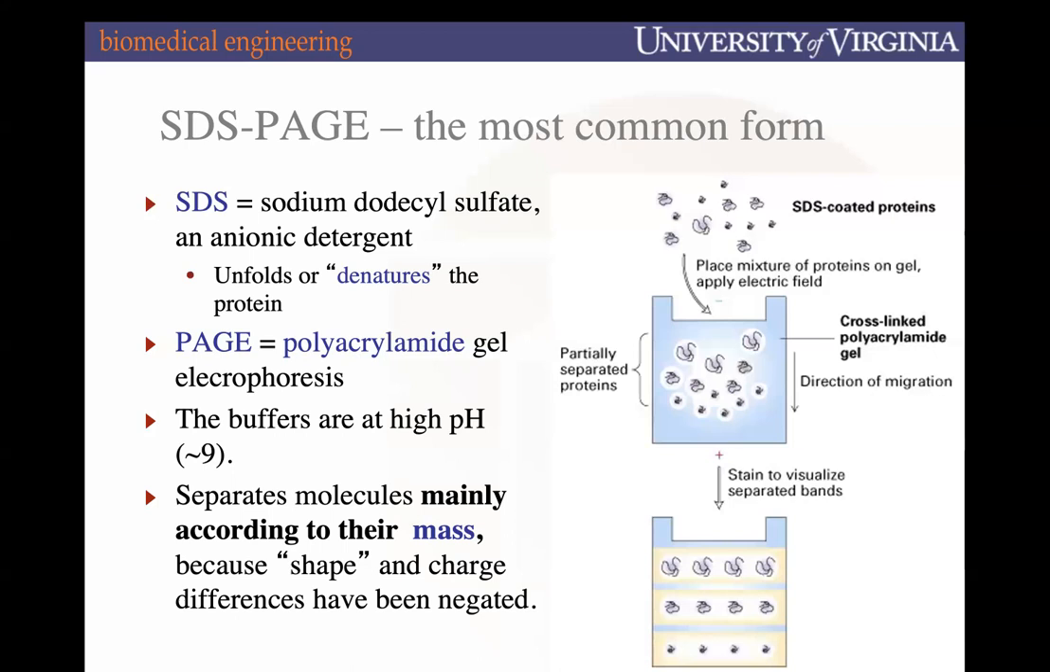Polyacrylamide is the polymer network for this technique. It's really cheap and really easy to make. 15-ish years ago, everyone had to make their own gel and pour it. Now it's super cheap just to buy it and have someone else make it for you. But the key thing to note here is that polyacrylamide is the polymer network that makes up the gel in SDS-PAGE. The buffers typically have a high pH, around 9, trying to further create this environment that has